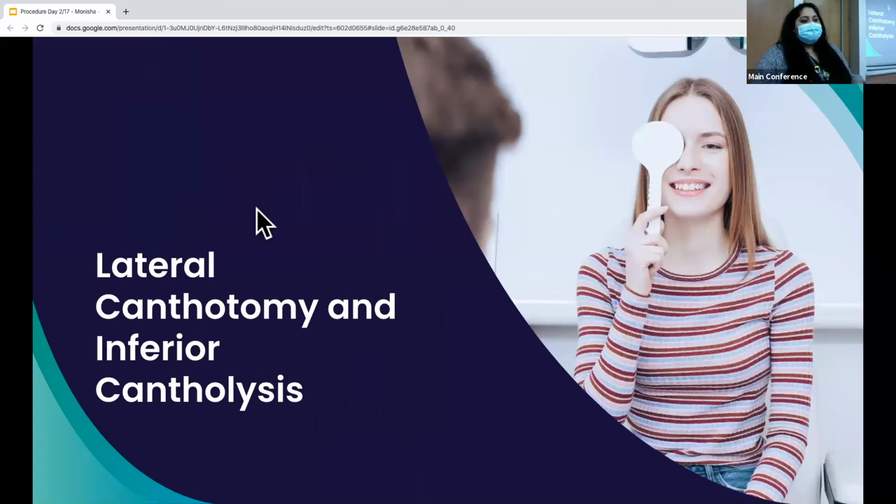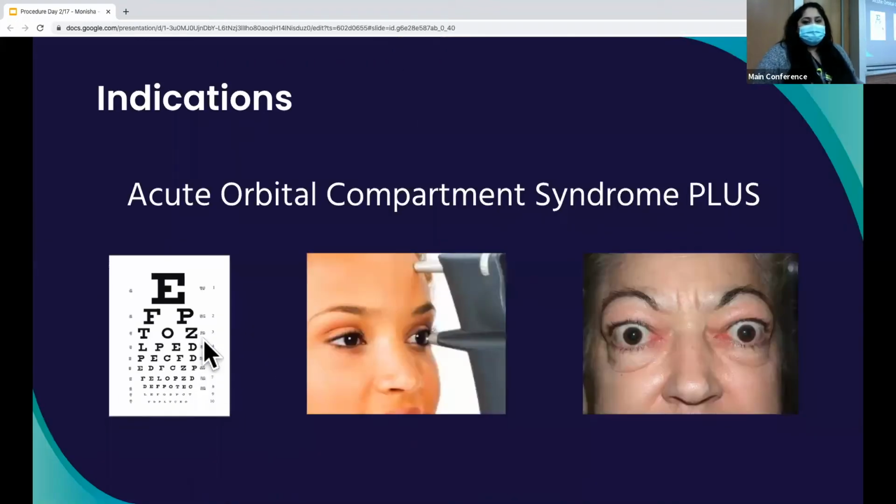So, starting with lateral canthotomy and inferior cantholysis, which is actually the full name of what we do for the lateral canthotomy. What do we use it for? First, acute orbital compartment syndrome, which is increased pressure due to some sort of external force and causing decreased visual acuity, increased intraocular pressure greater than 40 millimeters of mercury, as well as proptosis. I don't know if you can tell from the picture of some of these